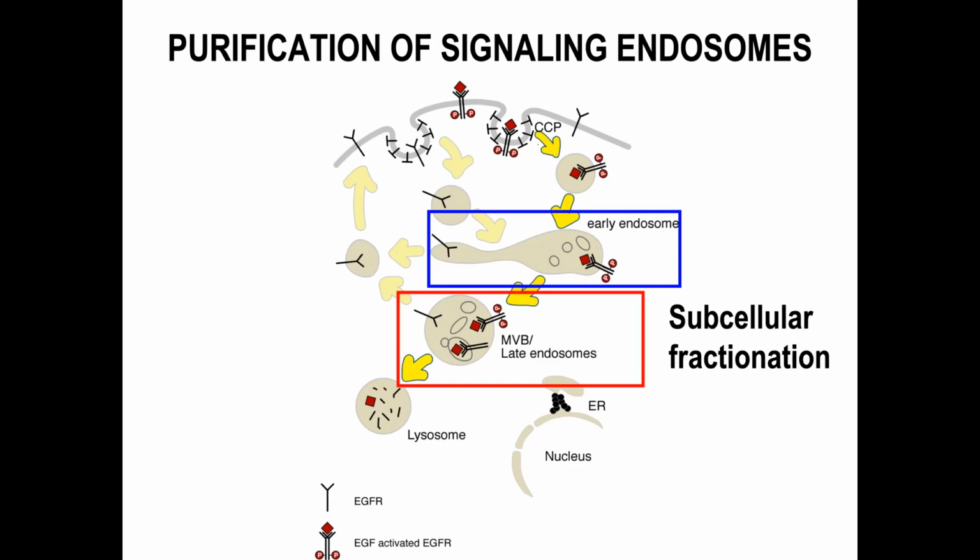And with the different density gradient steps and purifications I have shown you, you are able to separate those organelles, the early endosomes, which have a certain density on these gradients, from late endosomes and multivesicular components,